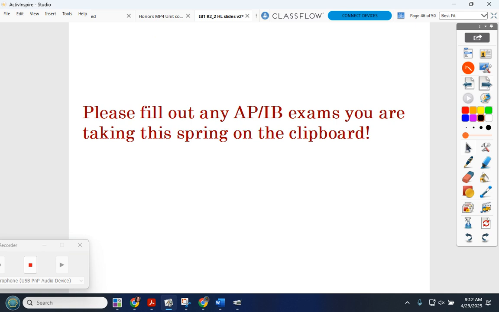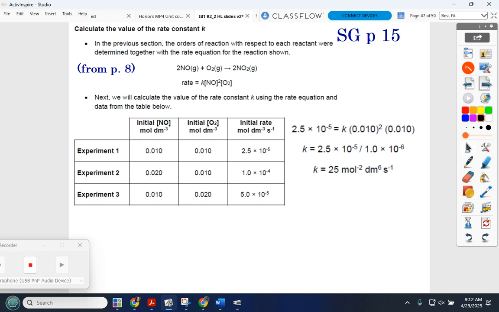Again, if you didn't get a chance today, or if you couldn't remember which exams you're taking, you can at any point in time update what's on the clipboard up there. And again, if there's anything that I did not put on there, but maybe you're taking it somewhere else, or maybe it's a studio art thing that I didn't realize was going to be a call out thing, just write it in. Okay,